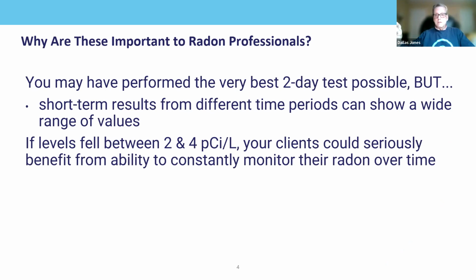But we all know, you went through the training, that short-term results from different time periods can show a range of values. And radon concentrations change from day to night, from week to week, from month to month, from season to season. And a lot of variables can go on. So if you're only getting a 2-day snapshot, you could very well be missing what the radon concentration is doing at other times. So to have a sensor that you can constantly monitor the radon could be really important